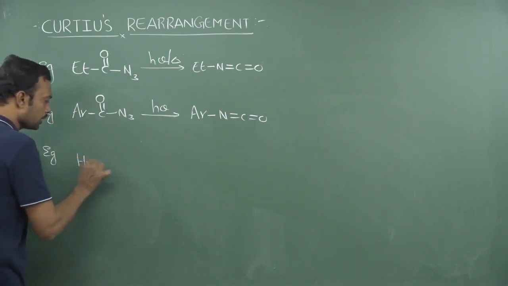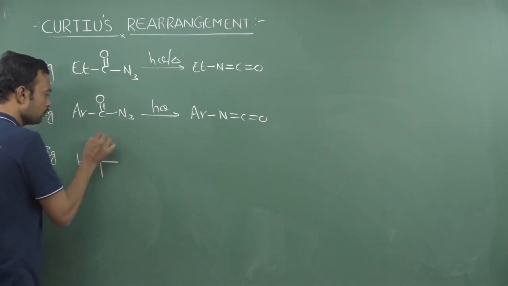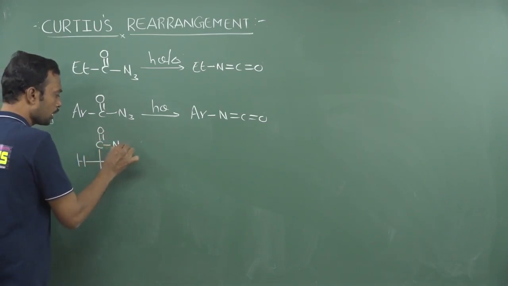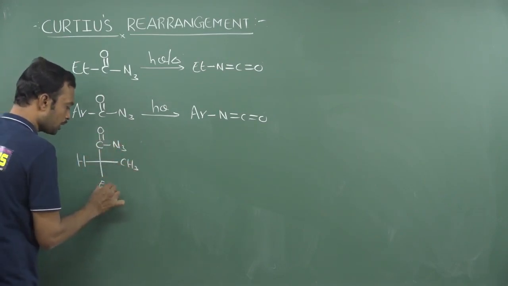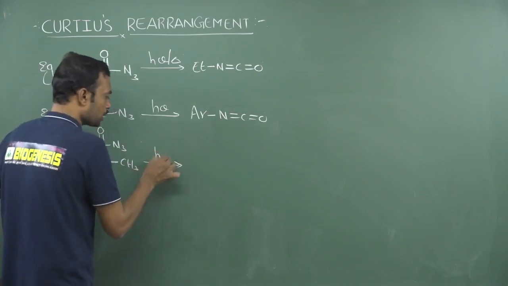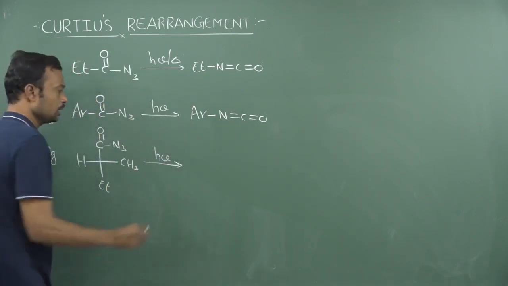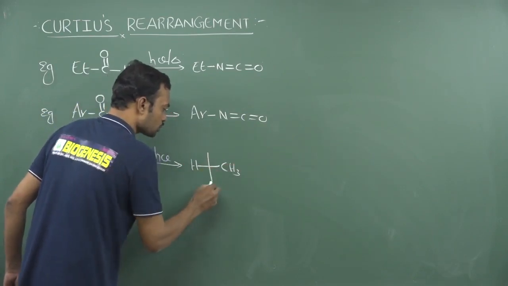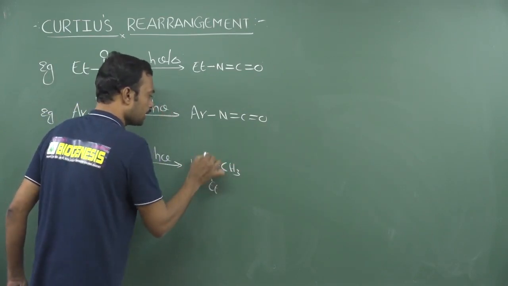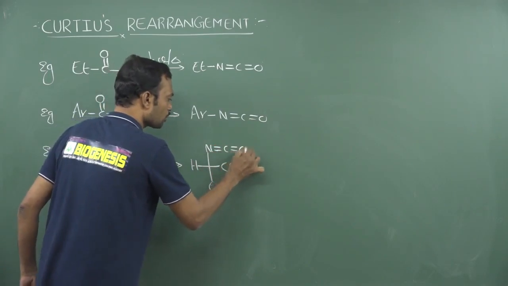And if you see the chiral center configuration here, this is C double bond O N3 I am using. Here I am writing a CH3 group and here I am writing an ethyl group. Now if you carry out this reaction photochemically, what happens is that this stereochemistry is completely retained. So this is ethyl and here we can write N C double bond O like this.